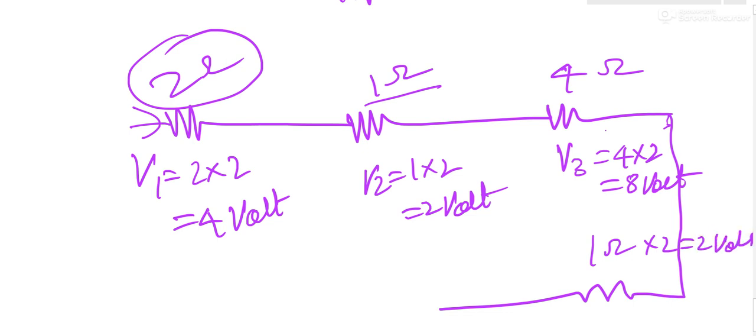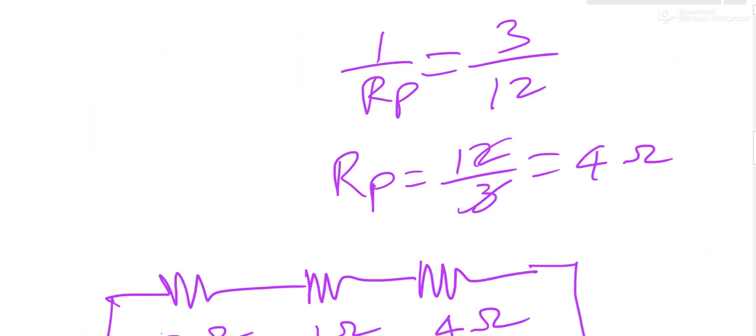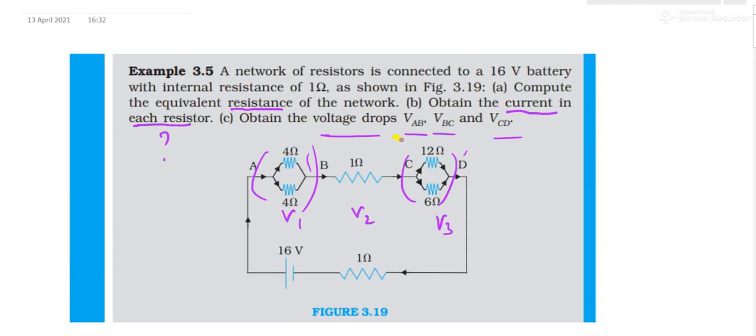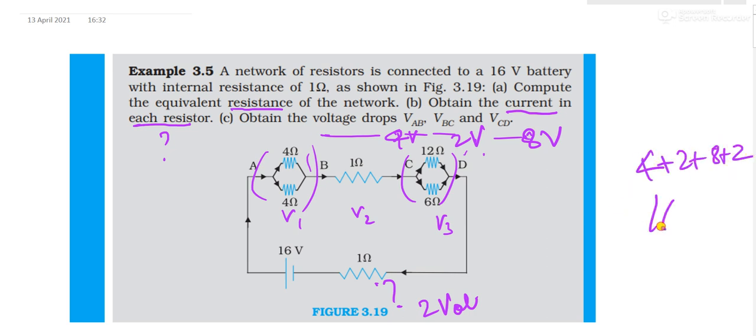Okay. So we found half of the solution. So what is here means we will get 4 volt. What is the value here? It's going to be 2 volt. What is the value here? Answer: 4 into 2, 8 volt. Okay. So what is the value here? It's going to be 2 volt. So in total we get 16 volt, because 4 plus 2 plus 8 plus 2 will get 16 volt, which is V applied. You can cross check whether your answer is correct or wrong.